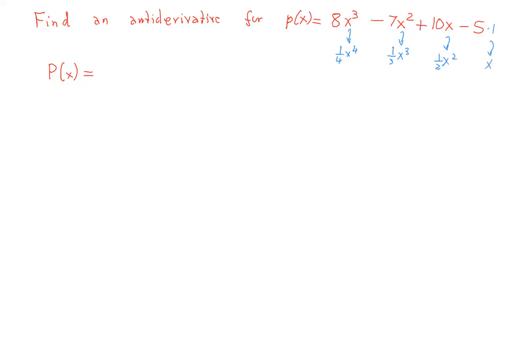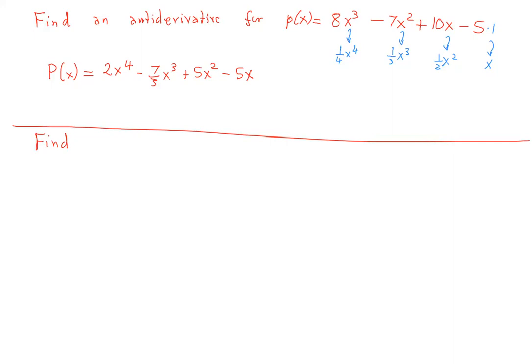So when you multiply them by the corresponding coefficients that you have in front, what do you get? 8 times 1/4 gives you 2x to the fourth minus 7/3 x to the third plus 10 times 1/2 is 5x squared minus 5x. And that's it. Okay. Let's do one more. So find an antiderivative for p of x equals 9x to the fourth minus 5x cubed plus 3x squared